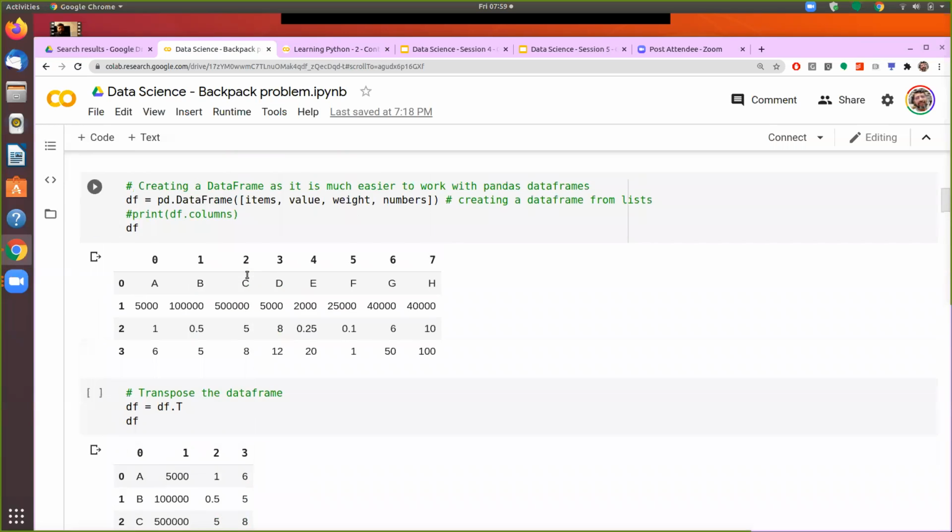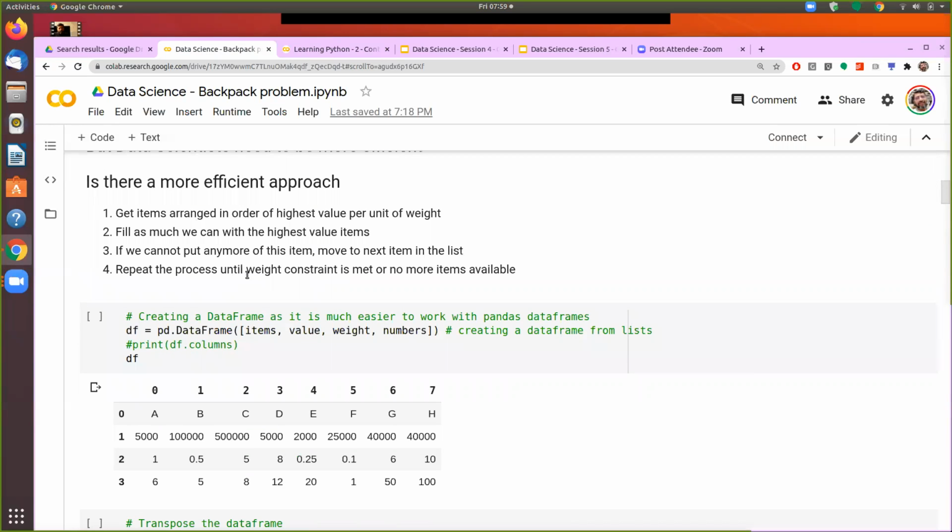And we formulated the problem and said, let's first find out which item out of the 8 items that we have has the highest value per unit of weight, because that is the first one we would like to take. Then we say fill as much as we can with the highest value item. And when we say as much as we can, either we will run out of the space in the bag or we will run out of the item itself.